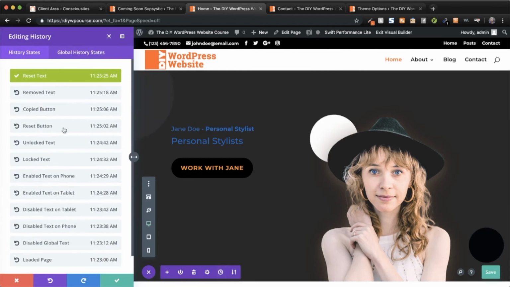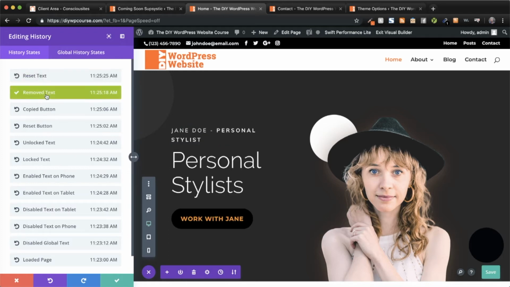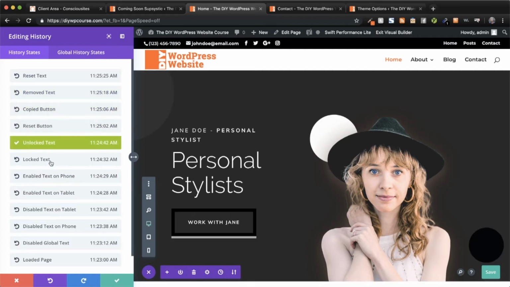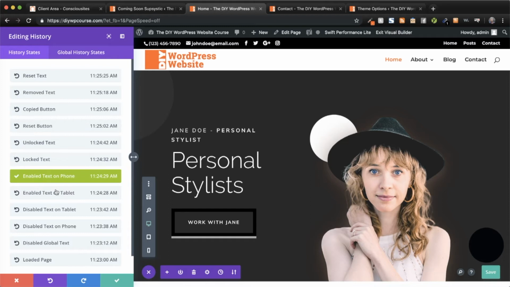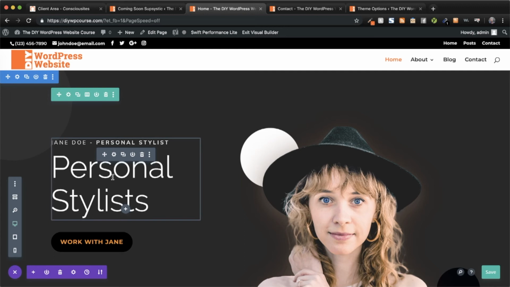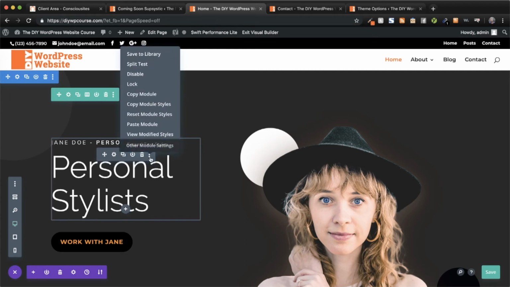edit, view your editing history by clicking on this little clock down here, and that will give you different options. You'll see all of your edits that you've done, and you can always go back and revert to a previous change. So I'm going to click on that one because I want to get those styles back. And that's essentially what